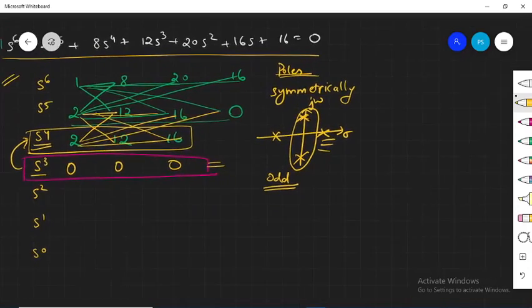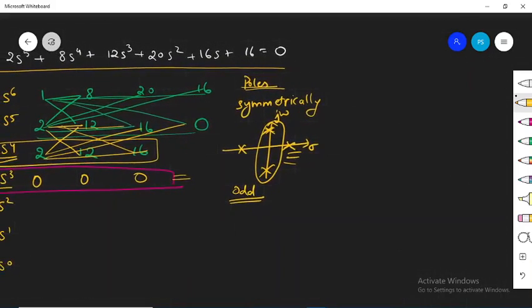What will be this auxiliary equation? So this is s to the power 4, you can write 2s to the power 4. Now just see, this is 2s to the power 4. The second term will be plus 12s square. Okay, plus 12s square, and then plus 16. As this is an even row, you won't be having odd terms of s in this row.